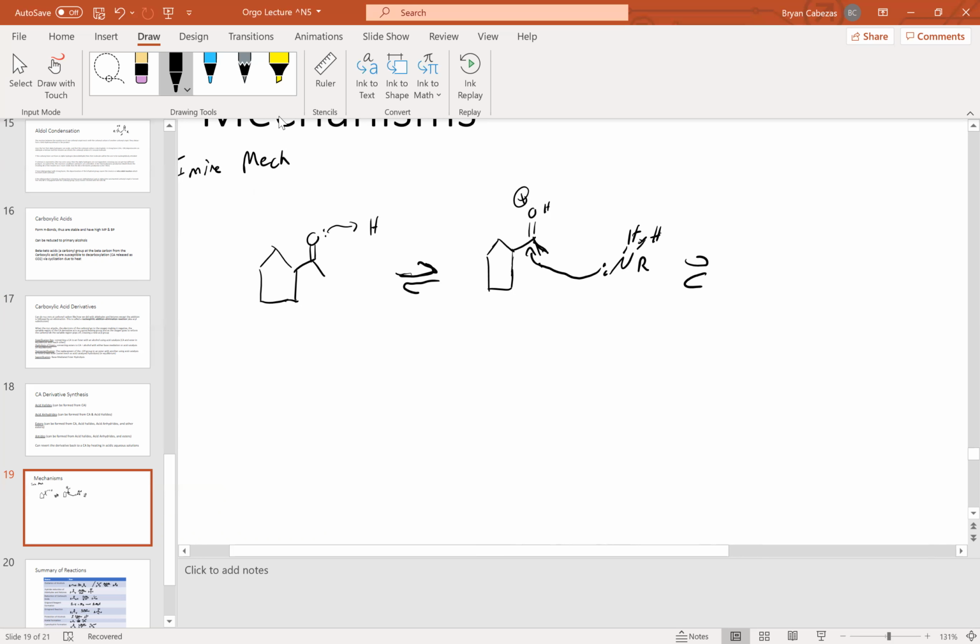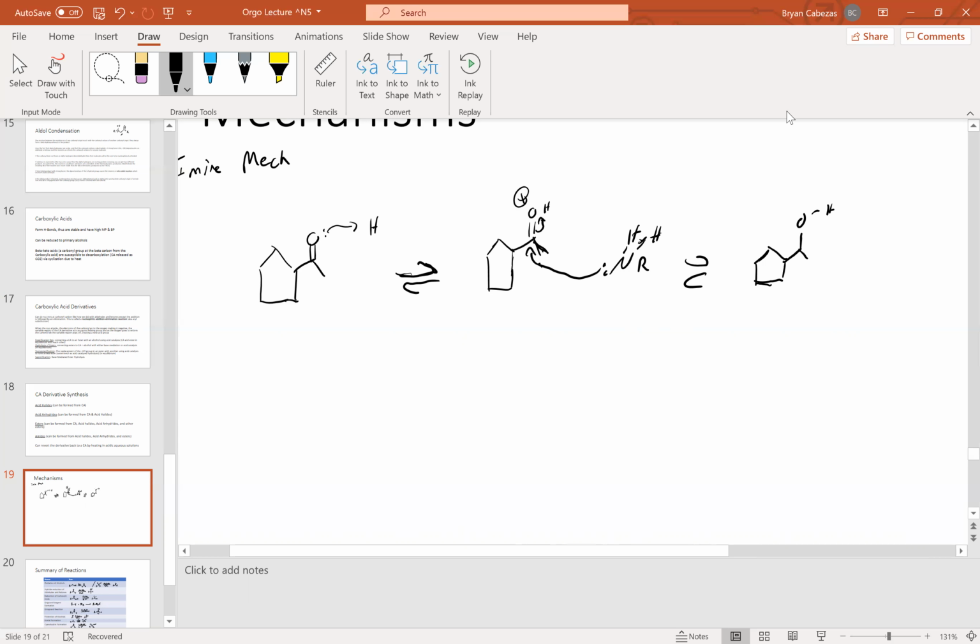And what we're going to have from here is, and then the double bond is going to raise up, because we can't have 5 bonds on a carbon. We're going to have the double bond raise up and go to the oxygen. As a result, the oxygen now is not going to have a positive charge, because now it has two groups. It's bonded to a carbon, it's bonded to a hydrogen, so it's not going to have that positive